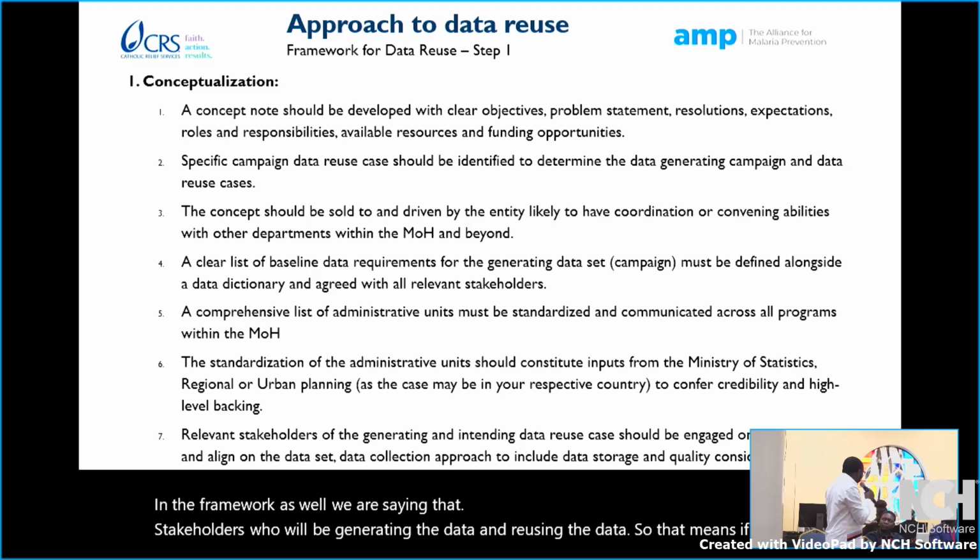Now, please note, in this decision, you must ensure that the right subject matter experts are the ones leading this committee or playing a key role in this committee. In one of the countries, as part of the recommendations that we gave, it was the head of vector control who was the lead of the data management committee.